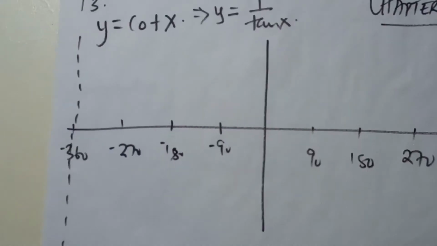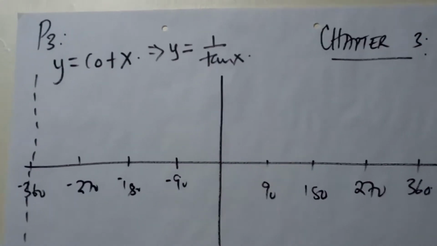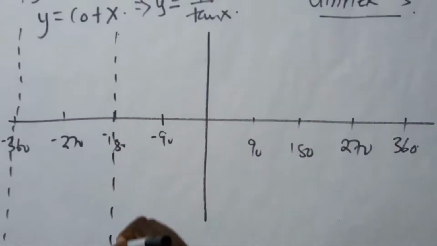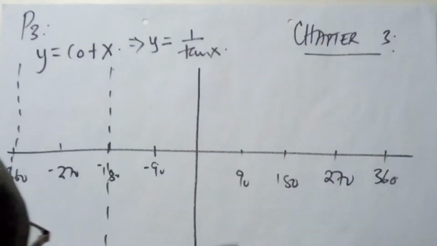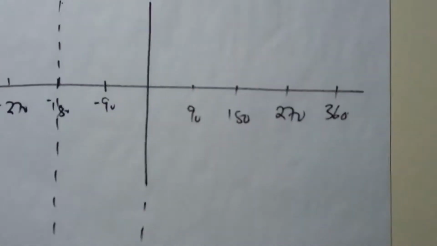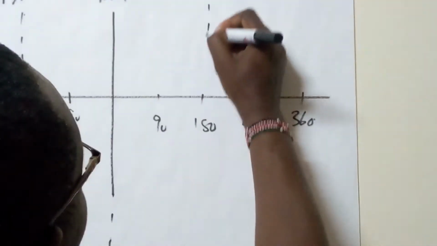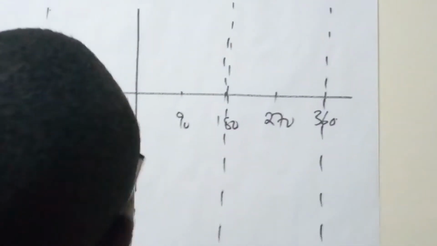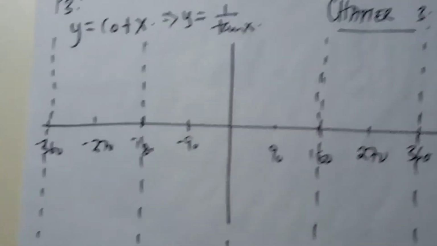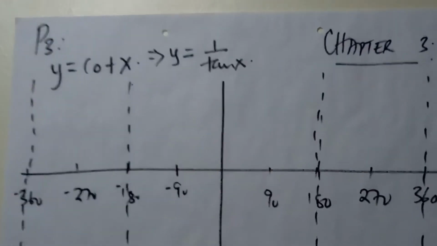The tangent of negative 180, let's talk about negative 180. The tangent of negative 180 is 0, so you can prepare for an asymptote there. Of course, the tangent of 0 is 0. There's another asymptote there. The tangent of 180 degrees is 0. You can prepare for another asymptote there. And of course, the tangent of 360 degrees, you can prepare for an asymptote there. So what happens now at that particular point? It is important to note that the tangent